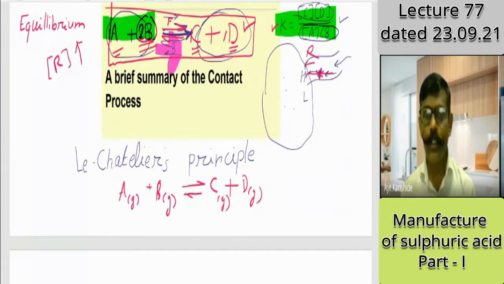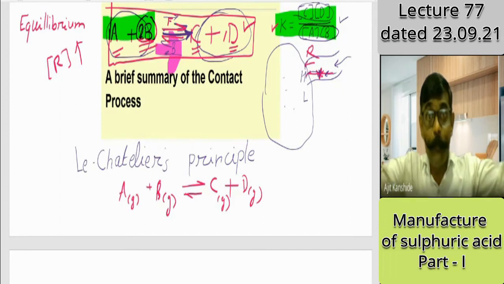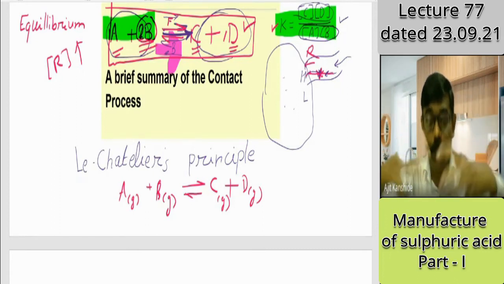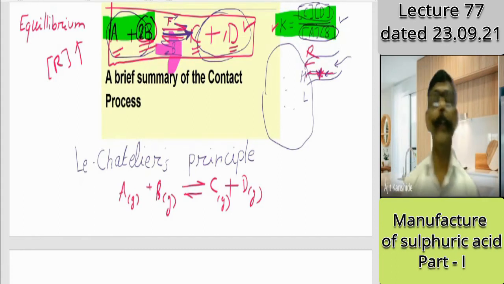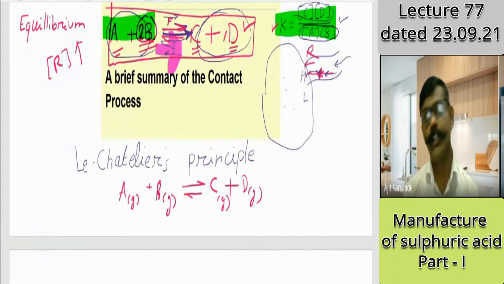See, I am considering two reactants, both are gases, and they give two products. Those also are gases. I am increasing the reaction pressure, no? If I increase the pressure, then where will that reaction shift? Will the reaction shift in the forward direction or the backward direction? Backward. Yes, any reason? Okay, I will help you.